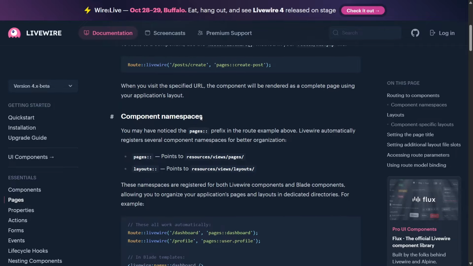All right, so component namespaces. You may have noticed pages here, like I told you, prefix in the route example above. Livewire automatically registers several component namespaces for better organization. So you have pages here, you have layouts, but